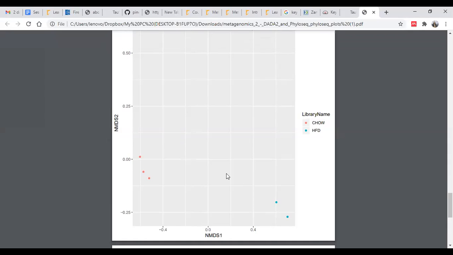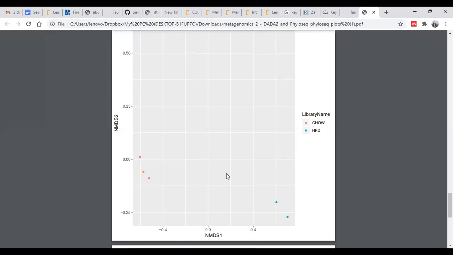NMDS represents non-metric multi-dimensional scaling. The goal of NMDS is to represent the original position of data in a multi-dimensional space as accurately as possible using a reduced number of dimensions, so that it can be plotted easily.